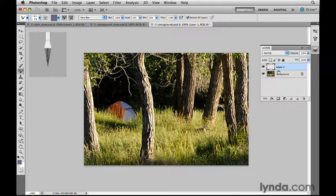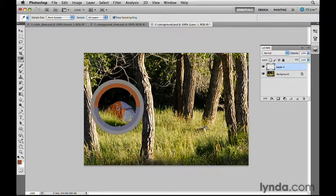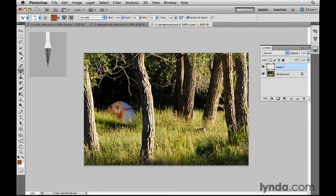Next, I'm going to select a color to load onto the brush. There are many ways to do that. I'm just going to press the I key and leave it held down, which switches me temporarily to the eyedropper tool, and then I'll come into the image and I'm going to click and hold for a second, and you'll see the sampling ring. That's a new option for the eyedropper tool. I'll select this red color, and then I'll release my I key, which takes me back to the Mixer Brush. Up here in the Options bar for the Mixer Brush, you can see that color in the current brush load